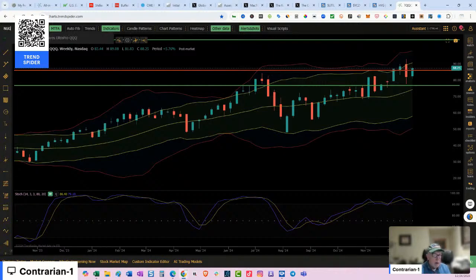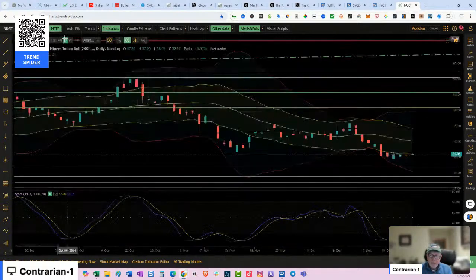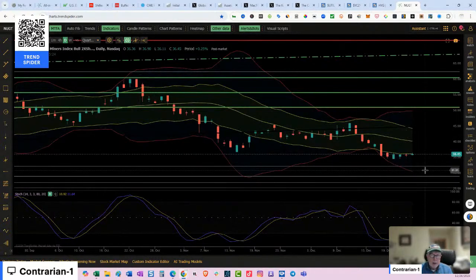Nugget, we kind of already went over this with GDXJ. We're becoming oversold on stochastics. I would like to see another washout here down to the low 30s. If by chance it flashes a 20 handle of any type, I'd be a buyer, hand over fist. Because at some point in time, the Federal Reserve is going to have to step back in and they're going to have to buy this debt.